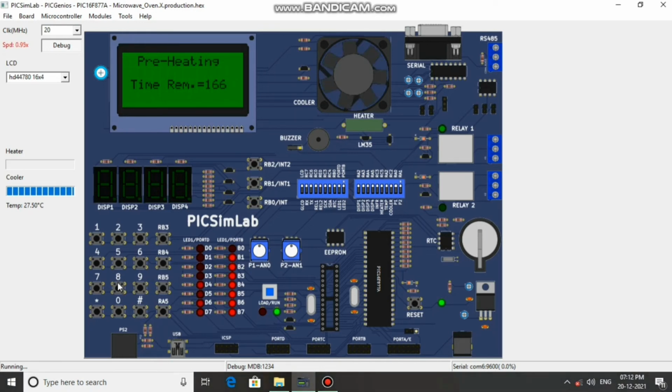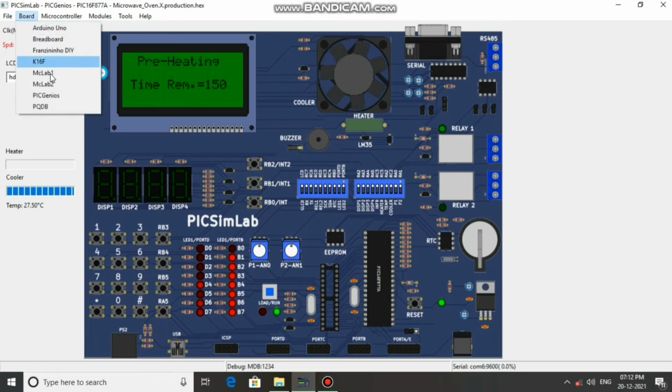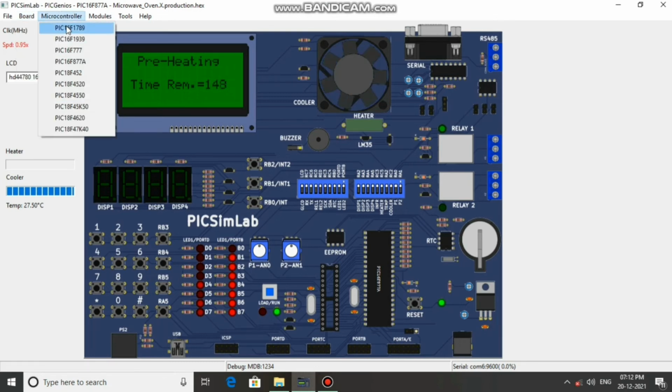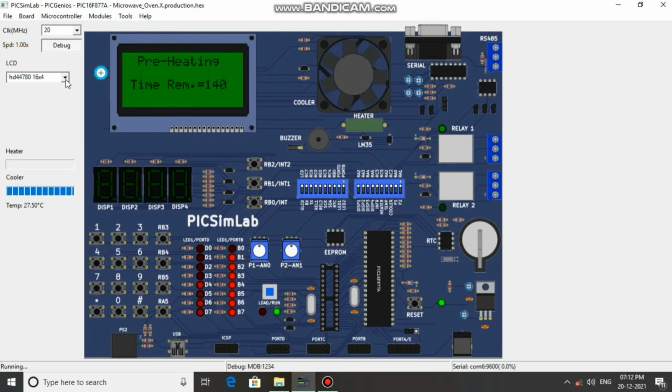So meantime, let us discuss the other things in general in this software, the board, the other things. You see, I have used MPLAB software as a background software for the hex file I have loaded. I have used C programming in MPLAB software and loaded it. So the board I have used is the PIC Genius board, and the microcontroller is PIC16F877A, and these are the things I have used for that. And the LCD displays, I have talked about the LCDs, and these are the two LCDs that we are using, 16x4 and 16x2, and we are using 16x4 for our process.